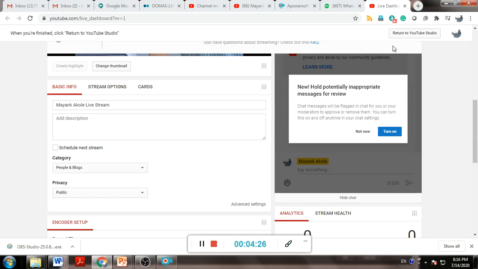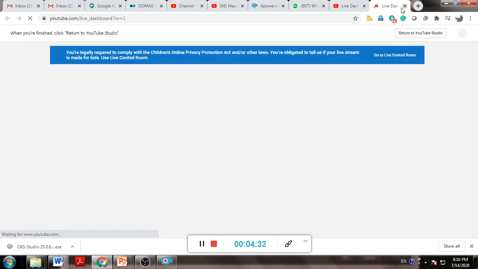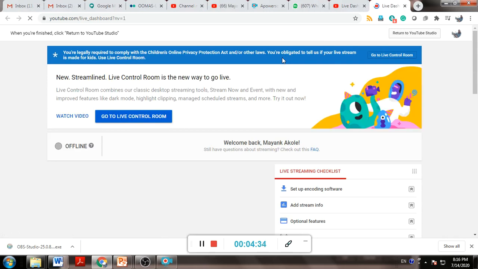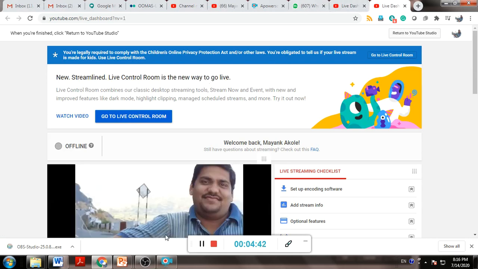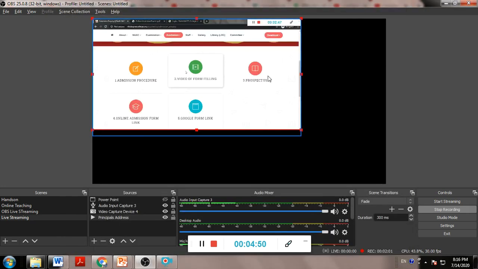The stream key, once you click on it, you will be routed to your channel, and from that you can add your stream key. If you do not have a channel, you can utilize the stream key which is given to you. So here I have already added a stream key. It will show, I will put it here and I will click on OK. So once I am doing that, I am now ready for streaming.